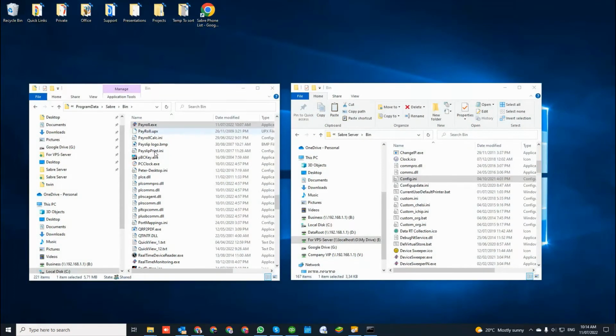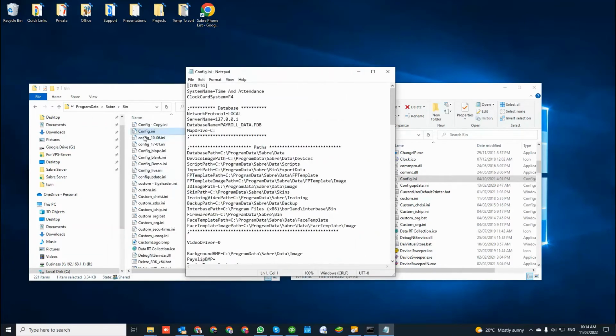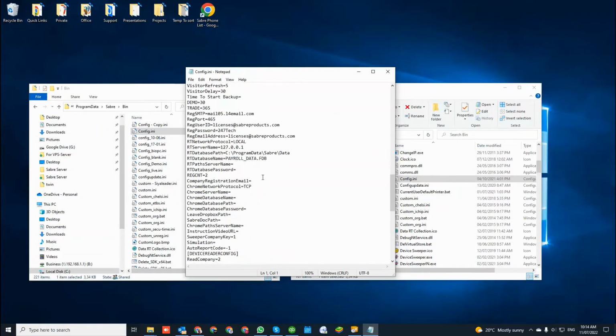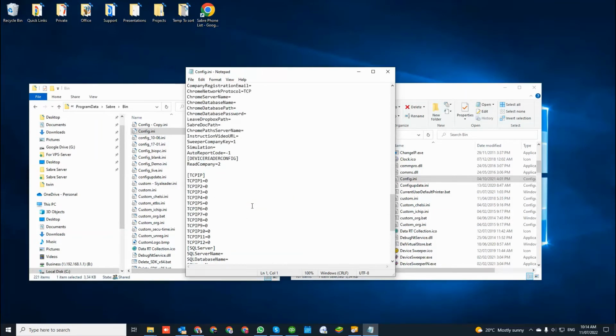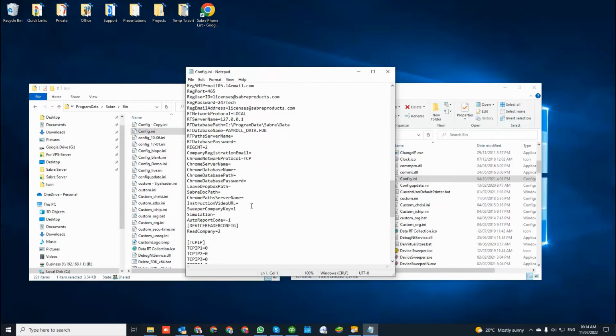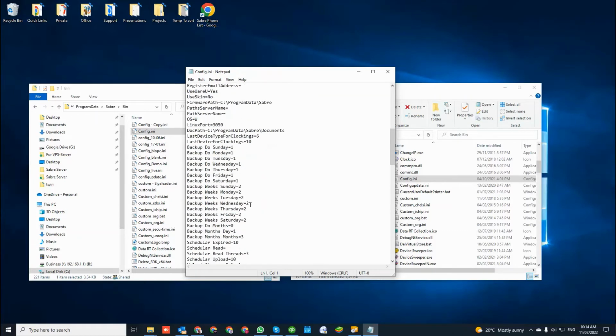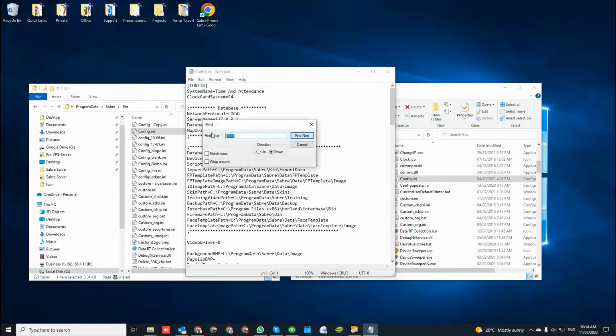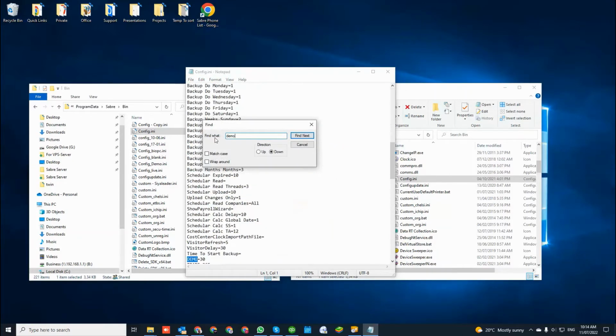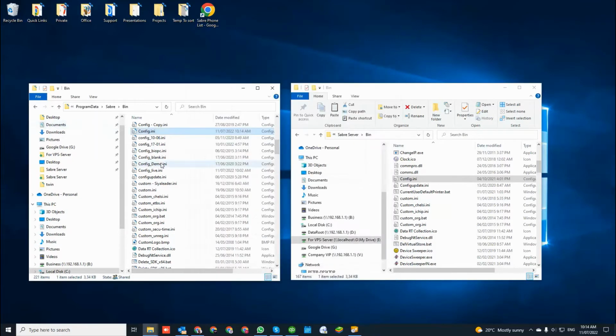Obviously, to bypass that, you can go to the config and just edit the config INI, or use another one that you've saved. And we need to change the demo to 0. Let me just find it quickly. Easiest way is to go here and say find demo and change it from 30 days to 0. And now when you run payroll,